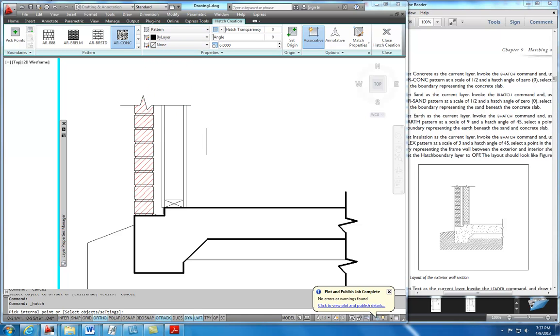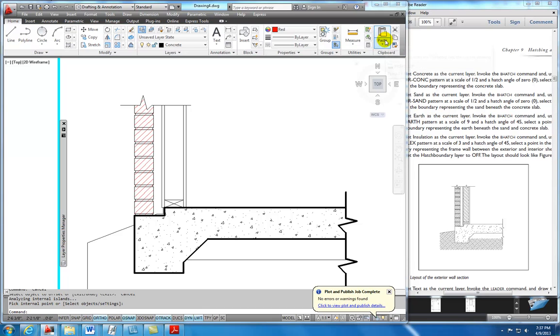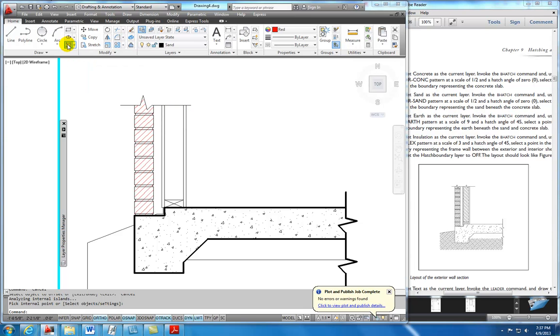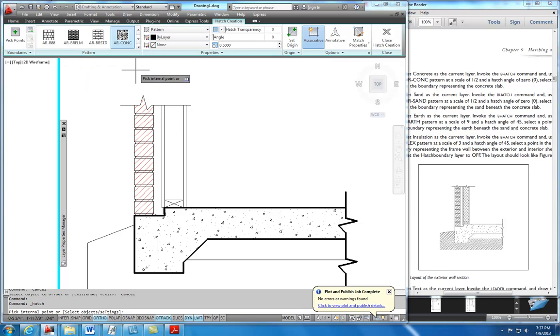Alright, and then we'll highlight in this area here. The angle pattern for that needs to be set at 0.5, and so we won't see that hatch pattern until we set that angle pattern right. And we'll click in here, and then we'll close that hatch pattern. We'll set the sand layer active, and then we'll use the hatch command again. We'll select the AR sand hatch pattern,